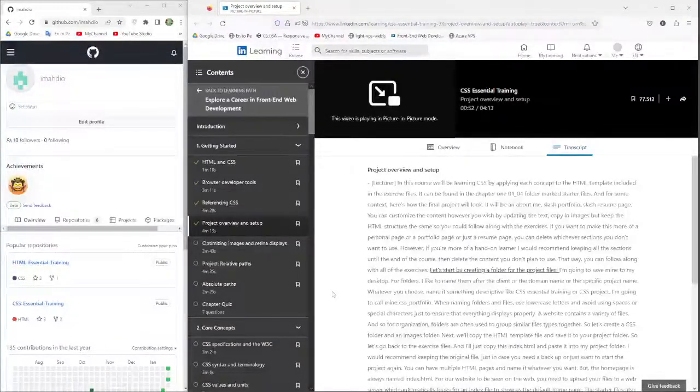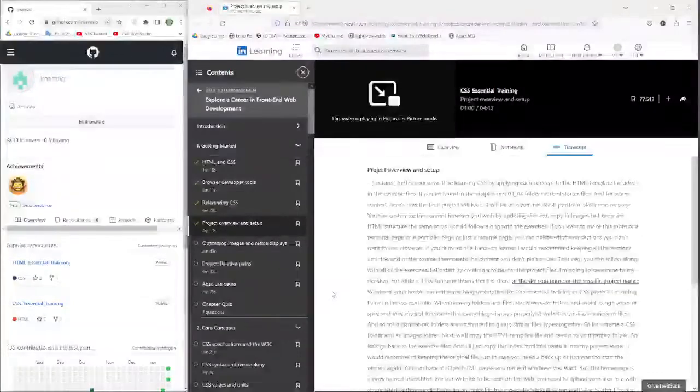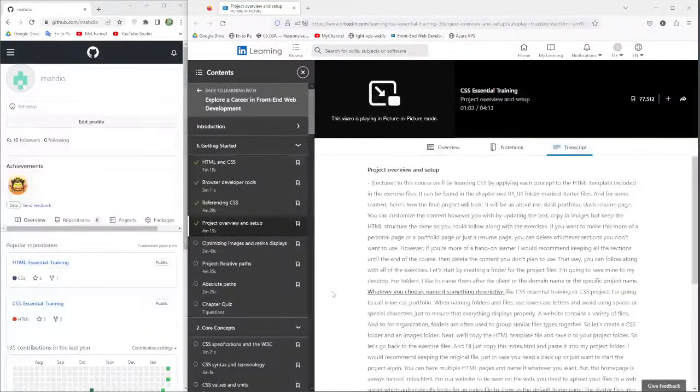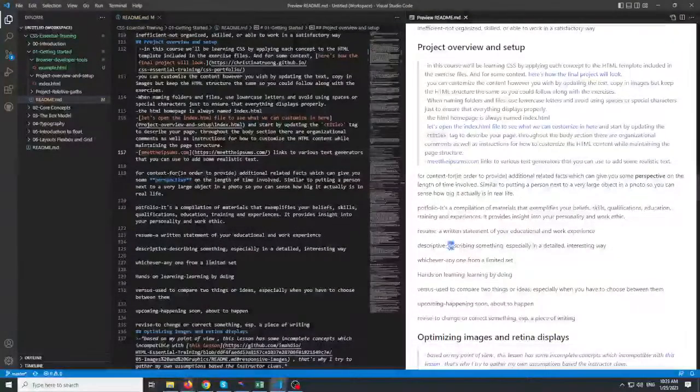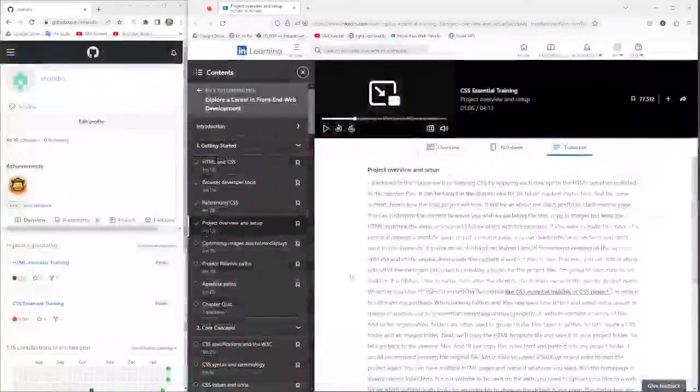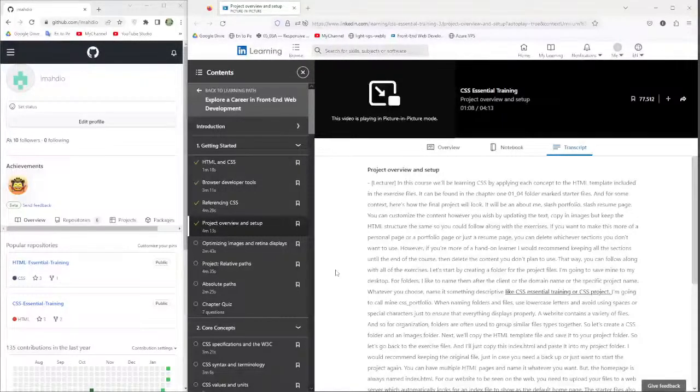Let's start by creating a folder for the project files. I'm going to save mine to my desktop. For folders, I like to name them after the client or the domain name or the specific project name. Whatever you choose, name it something descriptive, like CSS Essential Training or CSS Project. I'm going to call mine CSS Portfolio. When naming folders and files, use lowercase letters and avoid using spaces or special characters, just to ensure that